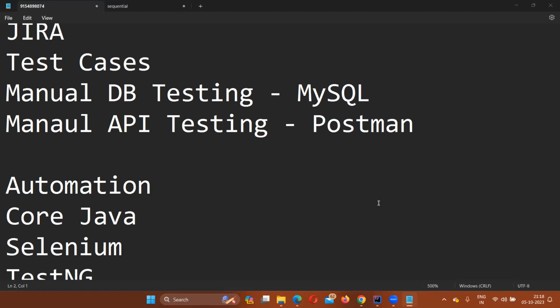Full stack Java students, those students who have joined the full stack Java course in Naresh IT, I'm not sure if you can join this batch or not. You can check with your full stack Java admin. If your full stack Java admin has given you the link, then it is understood that you're eligible to join this course, this session. If you have got this link from someone else, then you'd better check with your full stack Java admin, because I don't know if full stack Java students are eligible to attend this course or not.